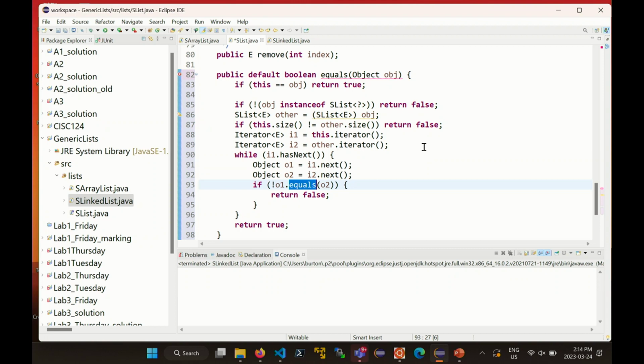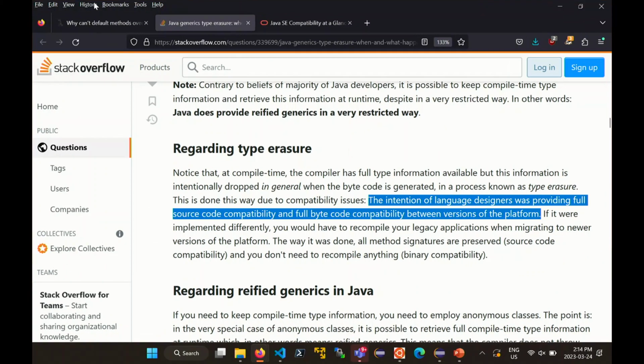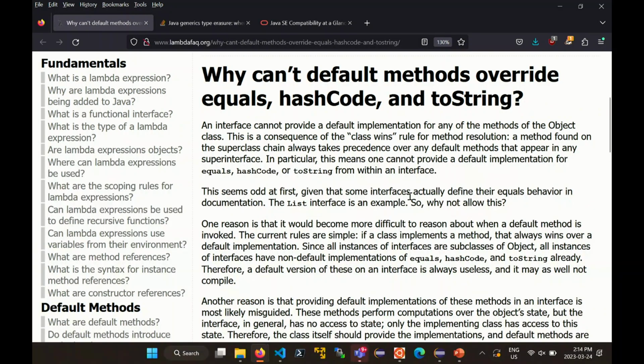And so you say, well, this should work, but Eclipse is still complaining. Right, and if you look at the error message, it says a default method cannot override a method from java.lang.object. And now you say, well, that's annoying, right? This is where I want equals to be, because this is the only place that's common between our two classes. But the compiler is saying I can't override a method from object, right? And so now the question is why can't I override a method from object inside an interface? And the answer is, why can't default methods override equals, hashCode and toString, right? And so the answer is